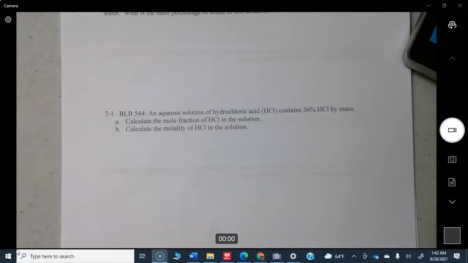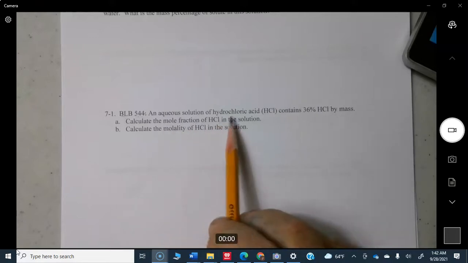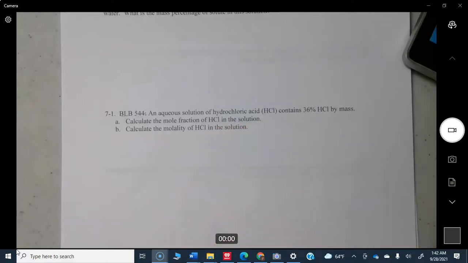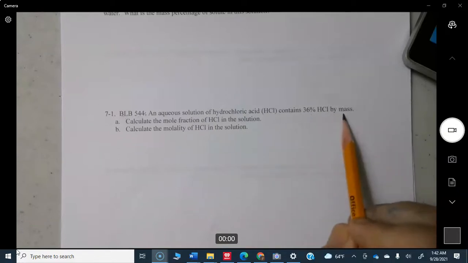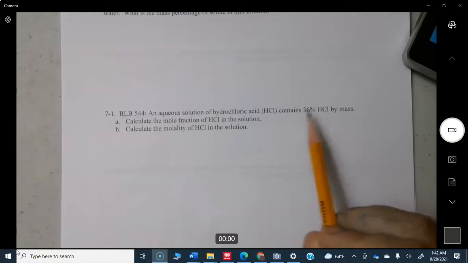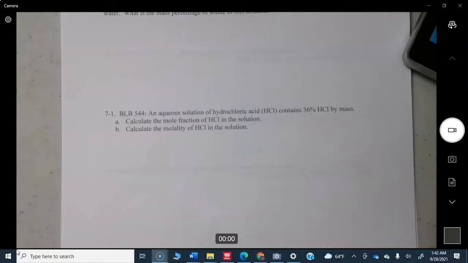All right. So an aqueous solution of hydrochloric acid, HCl, contains 36% HCl by mass. So that's a mass percent. Even though the words mass percent are not used, you have to recognize that's what that is. Calculate the mole fraction of HCl in the solution. Okay, so